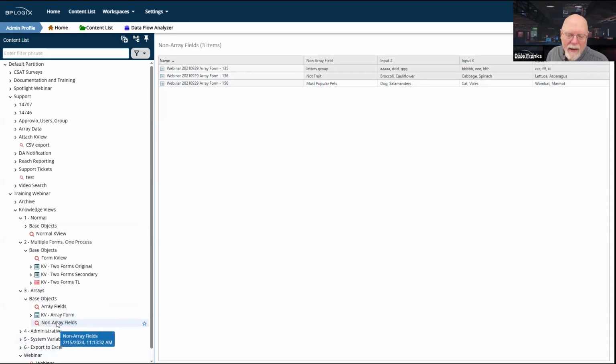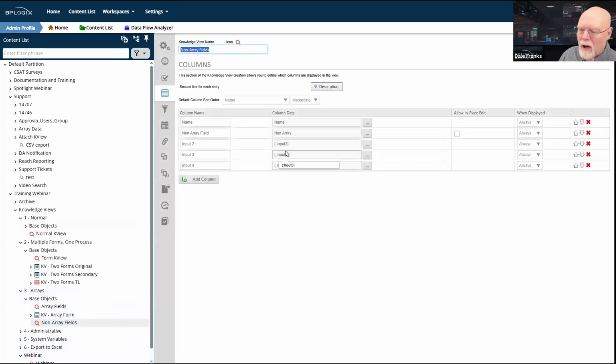And the way that I did that was very similar to what we saw previously. I have input 2, input 3, and input 4. Those are my 3 array rows. So once again, I can just call input 1, input 2, and input 3. Arrays are stored, no matter how many rows there are. Each column of an array is stored as a comma separated list.